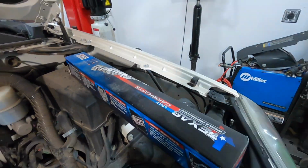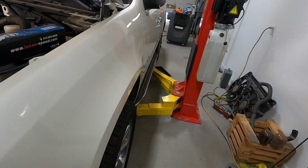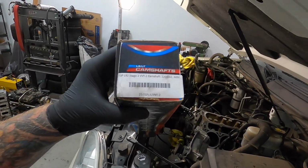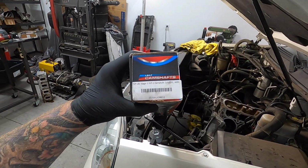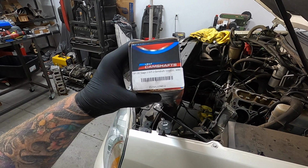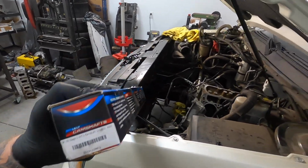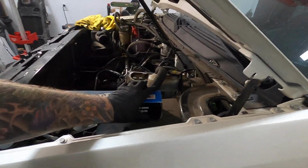And we got the cam here. So the one we're running, I believe, let's see what it says. So yeah, this is the L92 VVT Stage 2 camshaft. So it's got 220, 232 lift at 600. It's quite significant over the other one because the other one is actually got the different lobes for the active fuel management. So